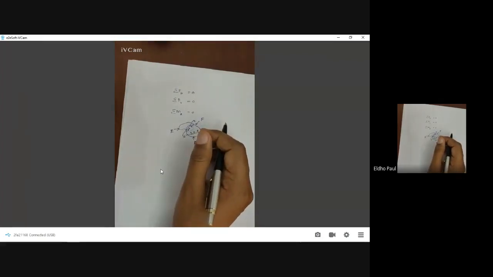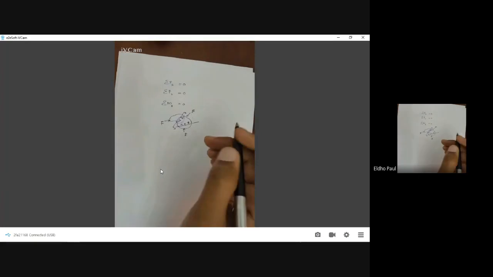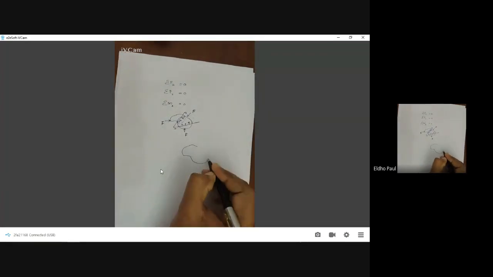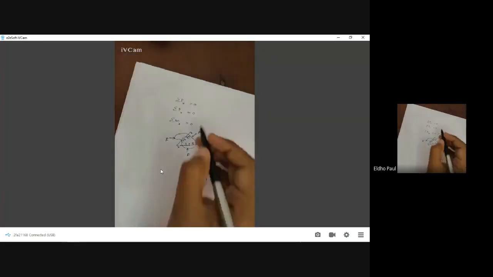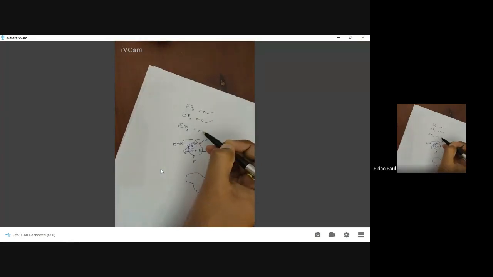Okay, and this is the basic concept. The equilibrium concept is the basic concept constituting the theoretical base for the mechanics of solids. So for any body which is at rest, we can say the sum of all horizontal force is equal to 0, the sum of all vertical force is equal to 0, the sum of all moment about a point is equal to 0. Then we can say the body is in equilibrium. Okay, so we need both the balance of force and moment.